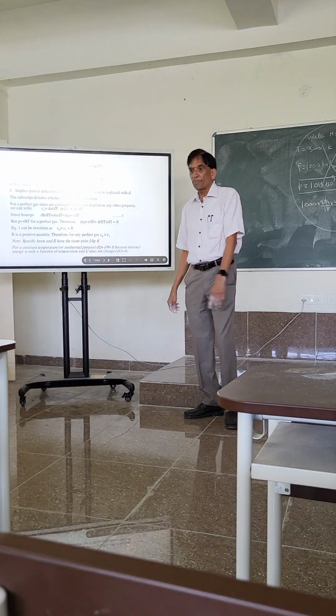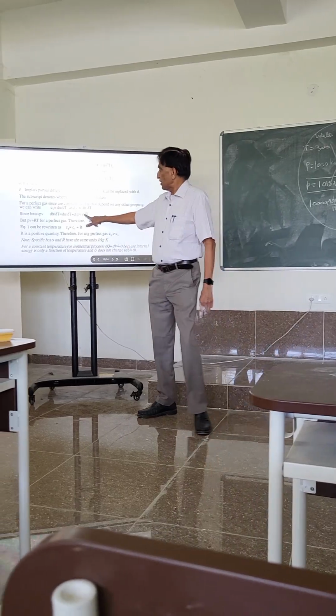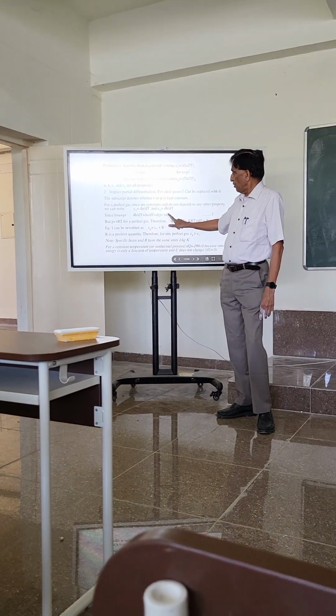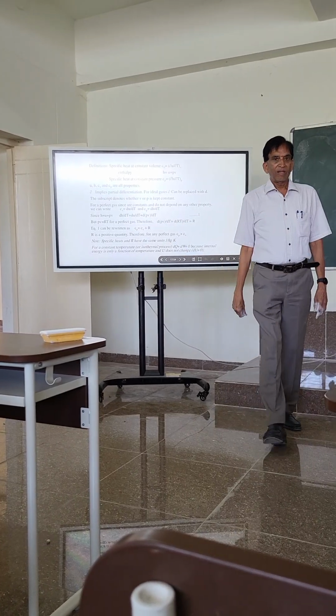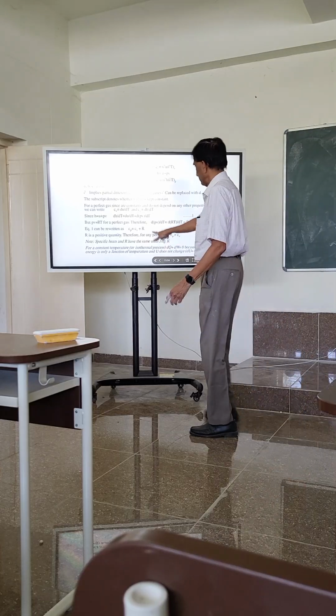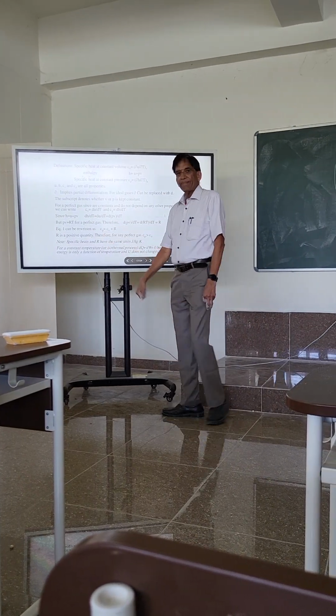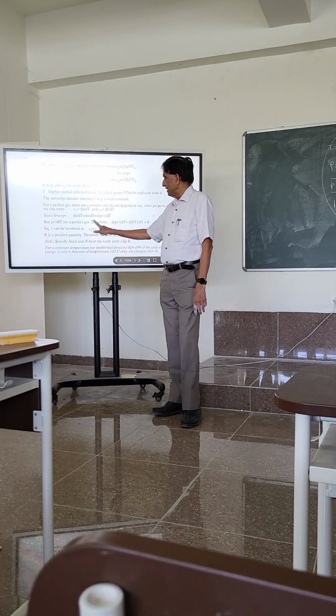Just put your pencil on the paper, and you will see that Pv is equal to RT. R is a constant. You pull it out of the brackets. So it will be R times dT by dT, which is equal to 1. So it will just become R. So dH by dT is equal to Cp, and dU by dT becomes Cv.